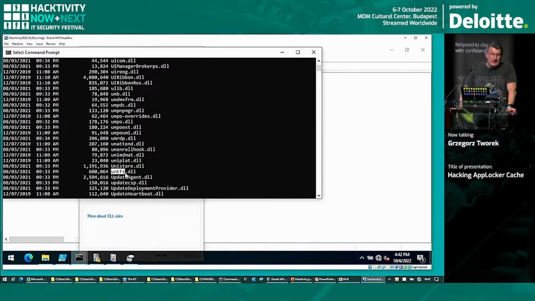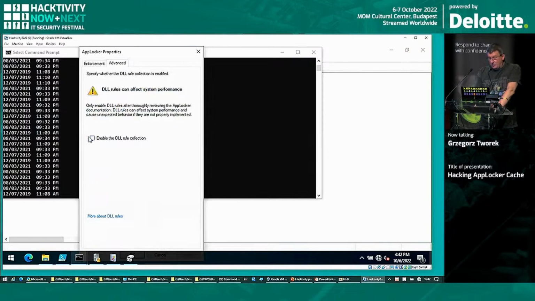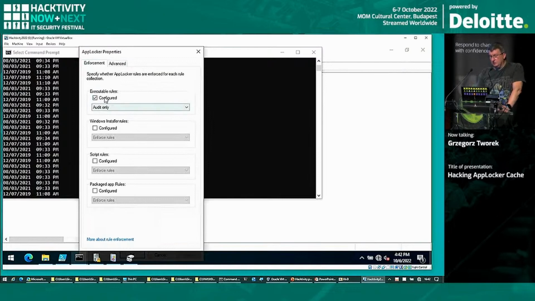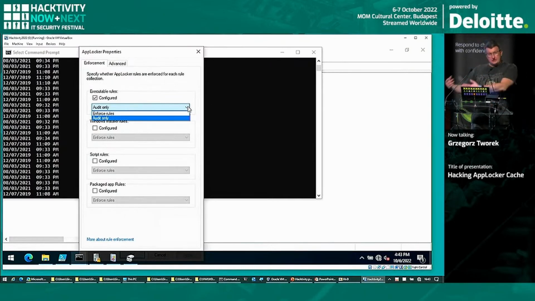So please protect yourself from launching DLLs as well, even though it is way more complex when it comes to AppLocker and other solutions. For AppLocker, we have to check this checkbox and a new entry appears within the graphical interface. What can AppLocker do? Actually, I have configured it only for executable files, and for each of the categories, AppLocker can do two things for us. The first one is enforce rules, which is the obvious one. If something does not match a rule, it is not allowed to run, period. And the second one is audit mode. Audit mode means it allows everything to run, but there is an entry within the event log telling us it would be denied if we played seriously, which is great for polishing your rules before you start enforcing them,